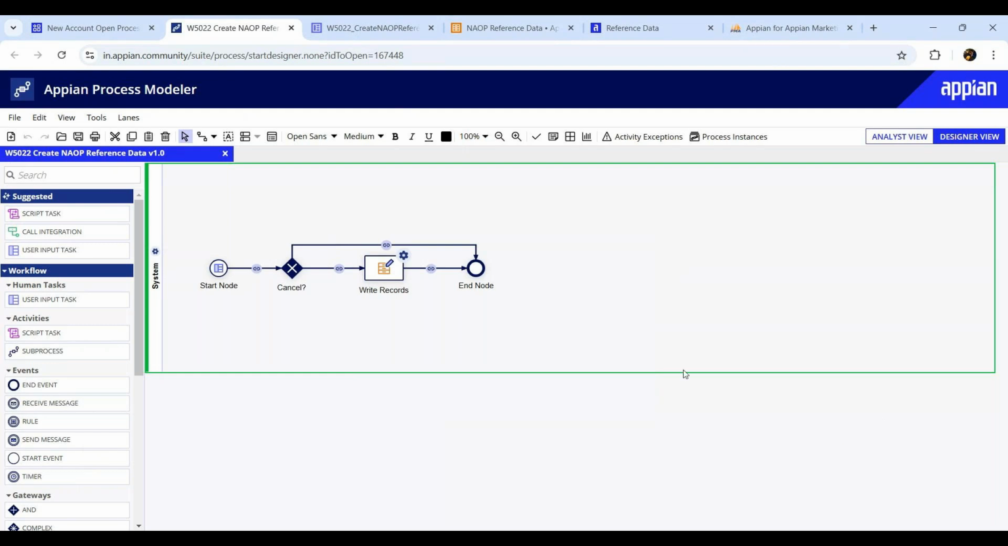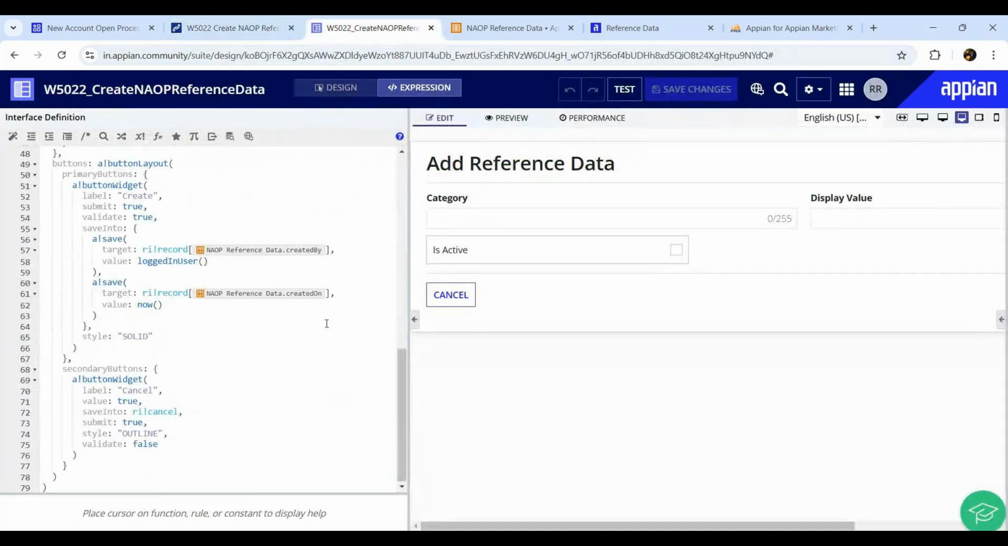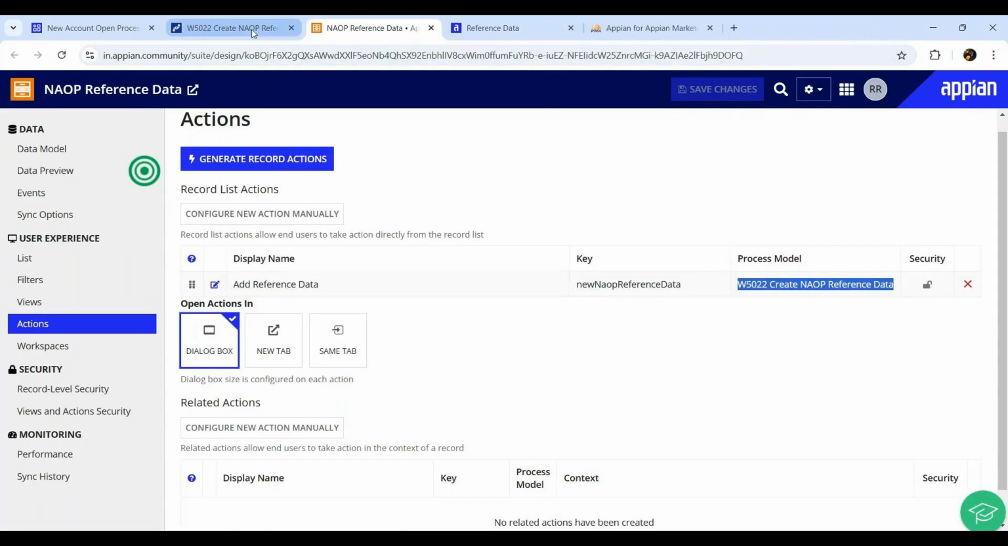Don't worry, we will see how the process model gets created, how the interface gets created. I'm just giving one quick view of how Appian creates everything for you, and you can also do the customization. Okay. Now another example, let's say I want to have one more record action,